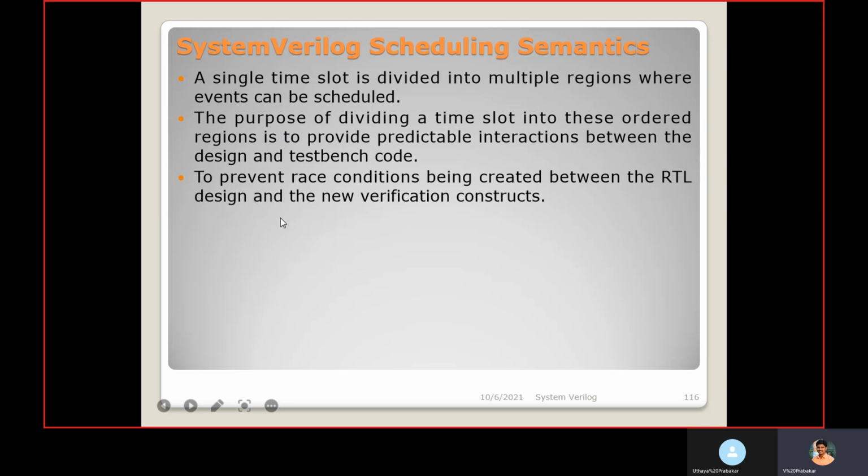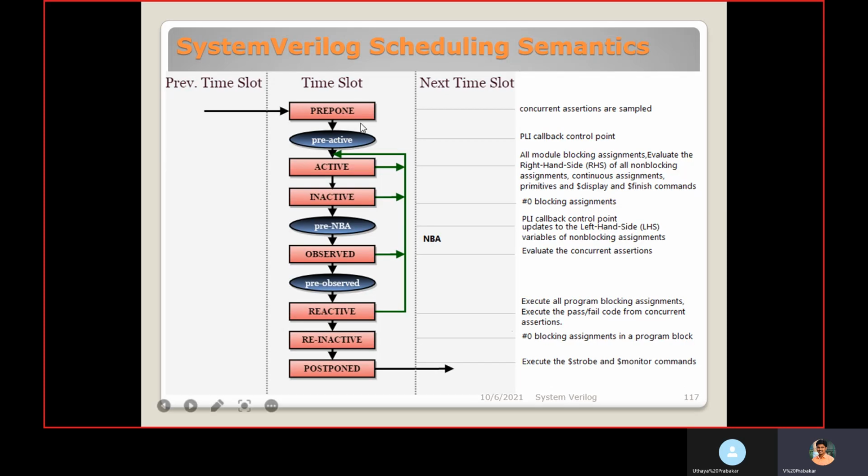That means to avoid race conditions between the RTL and testbench, we classify the single time slot into multiple regions. In each region a specific task happens, so that we avoid the race problem. Here in this diagram, you can see one particular time slot divided into these regions.